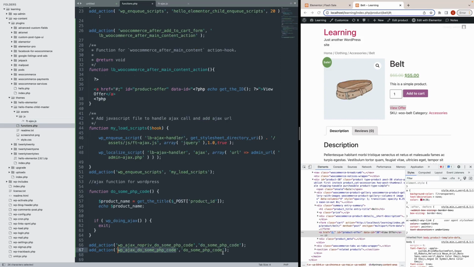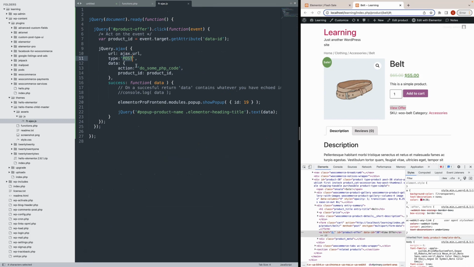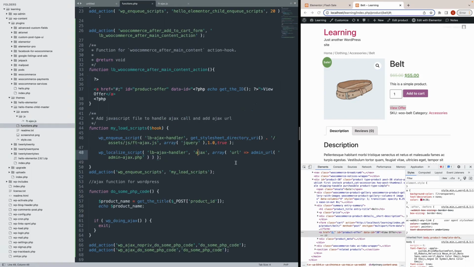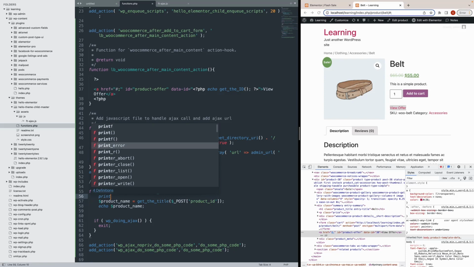Thank you. To make this function available to all users or whoever visits our website. Now let's save this function, and when someone clicks over this, you remember we are sending the product ID. So this product ID, we are able to grab this ID here. If you want to see it, just look at this product ID. You can print_r